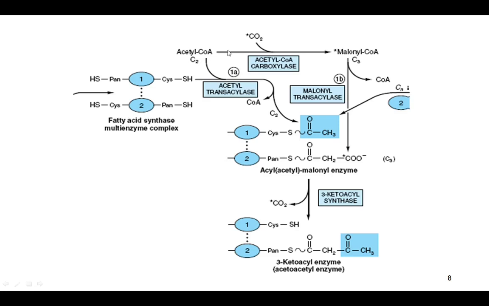This acetyl coenzyme A is also forming malonyl coenzyme A, and this malonyl coenzyme A, with the help of malonyl transacylase, will combine with the SH group of the ACP, acetyl carrier protein, right? And then ultimately, on this enzyme complex itself, acetyl coenzyme A and malonyl coenzyme A combine, and it is forming